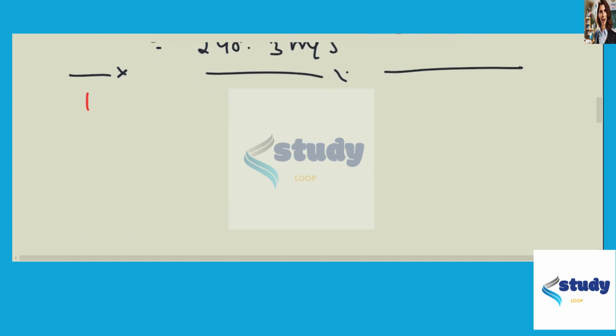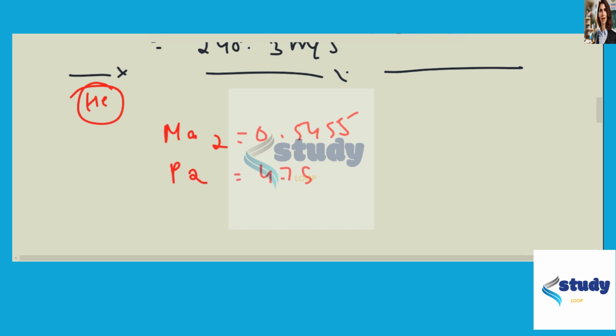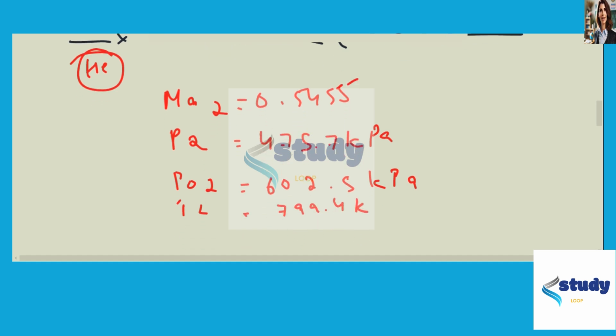Okay. Now the second case is of helium. We get Ma2 to be 0.5455, P2 equals 475.7 kilopascal. Same formula. Okay, P02 equals 602.5 kilopascal. T2 is 799.4 Kelvin that we have. Now, V2 equals